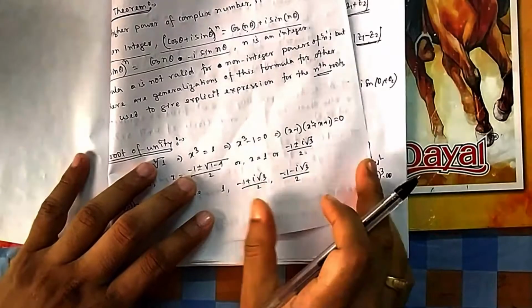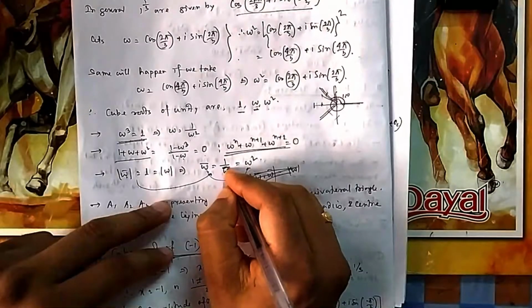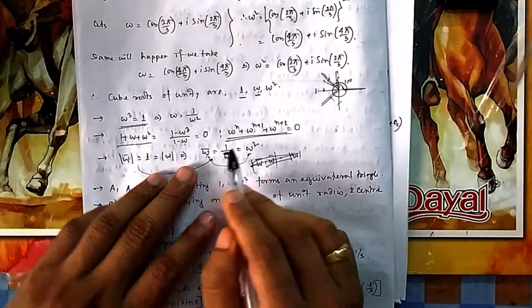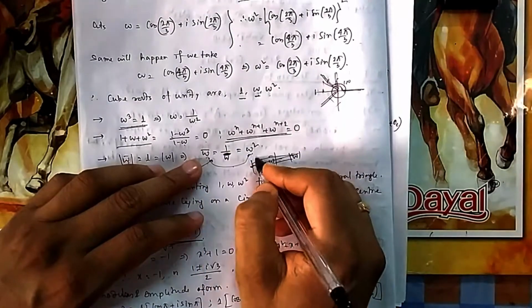You can see these two are conjugate to each other also, because there is a plus and minus sign. So if this is 1, then the conjugate of that one will also be 1. This will be omega only. So you can see this is omega. So these are okay. 1 by omega is omega square, that you have seen. Omega bar is also omega square.